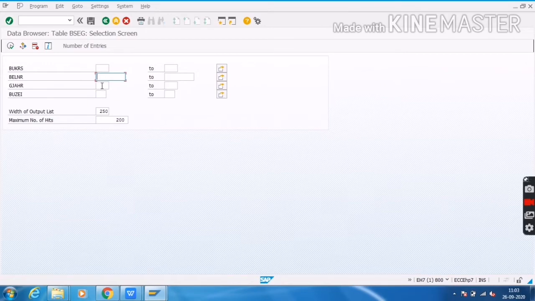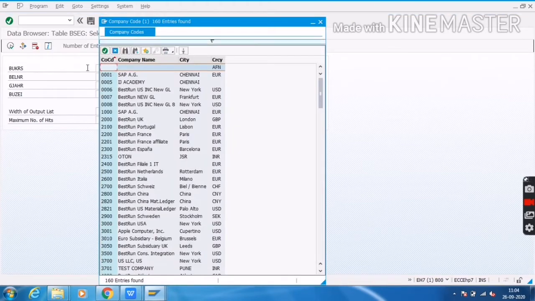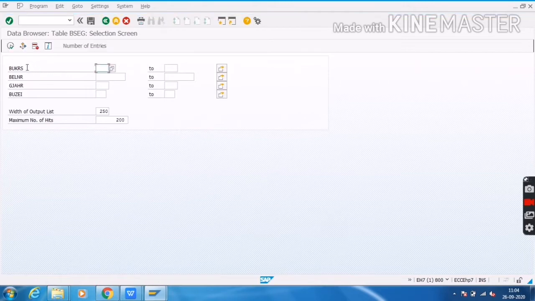This field doesn't have any square boxes. These are the search helps. When I click this symbol, we get a list of possible entries related to the Booker's field. So here only one field has a search help.